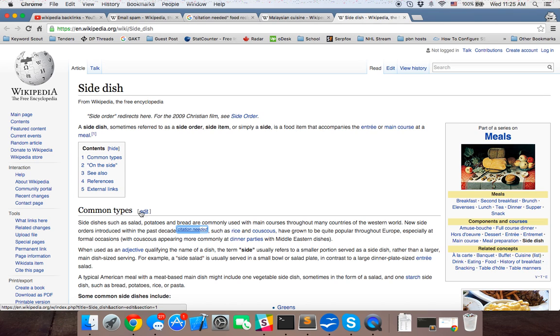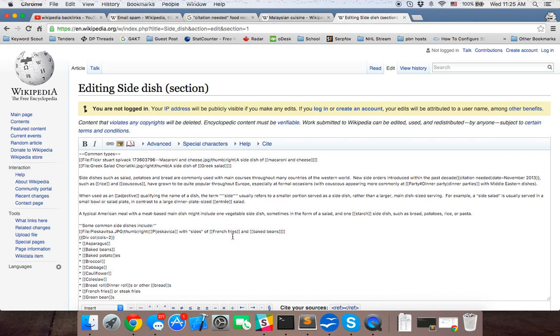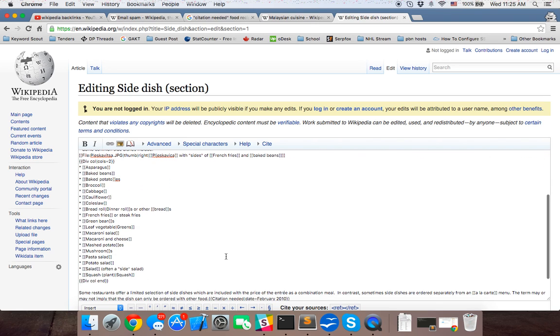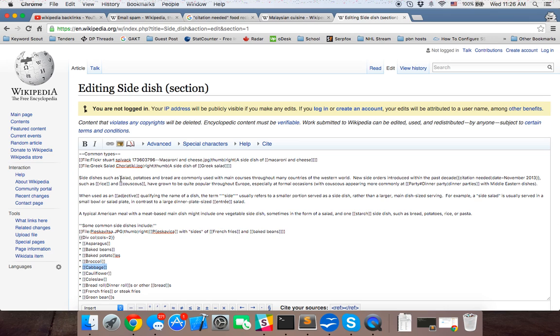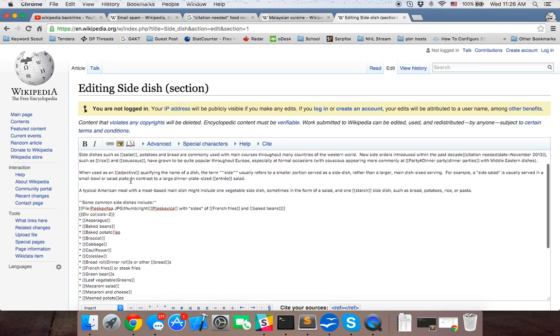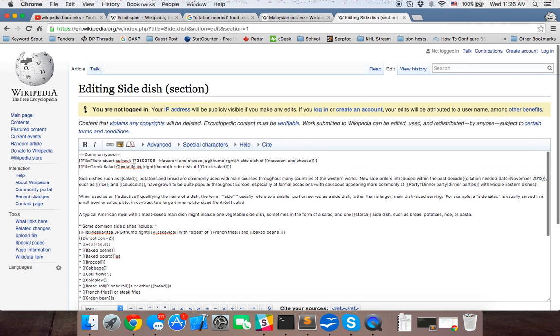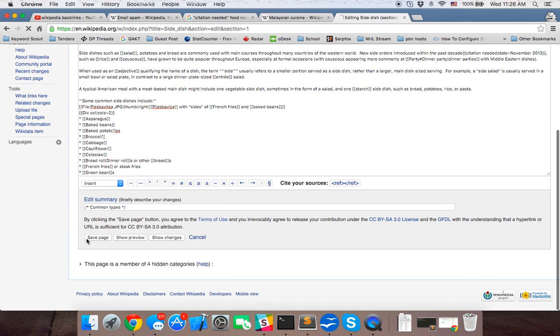So there is an edit button, of course, as you know, but now you're looking here and there's this syntax. Wikipedia has a syntax of basically how they link out. So something like this, you can see these double square brackets. This is basically going to say cabbage, and then it's going to be a hyperlink where you can click and go to the Wikipedia page called cabbage. So we could add something here like salad. If we want to go to the Wikipedia page called salad, we just put two square brackets around the word salad, and then we go down, we click save,